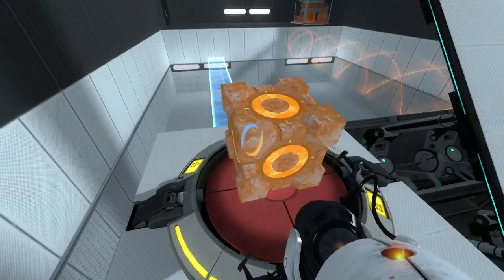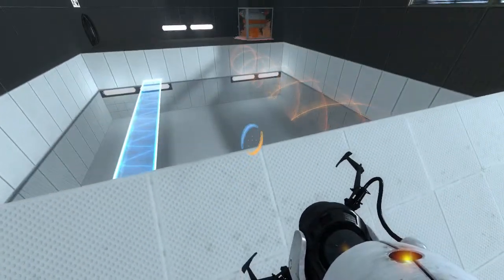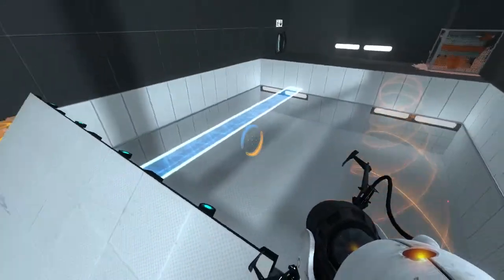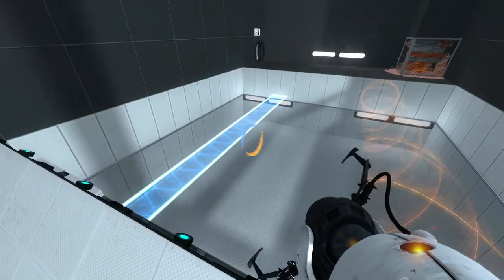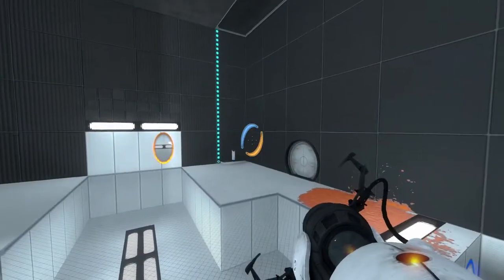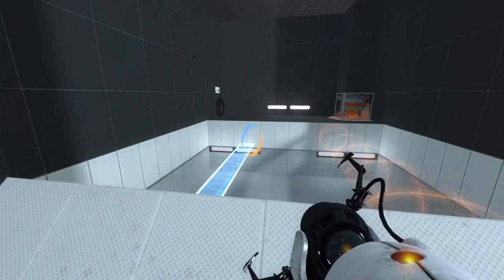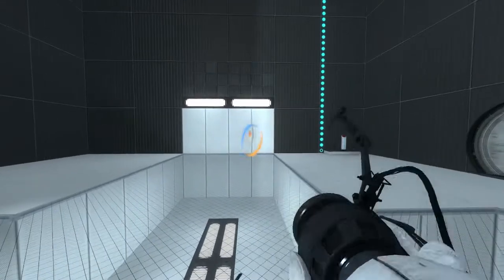I have to get across, obviously. Also, I need to be careful with this cube, because it will move more than I want it to. So I have a hard light bridge that I'm able to use. I also have this tilted platform, which I really can't do much with at the moment. And I've got to figure out some way to get up across the gap. Maybe...